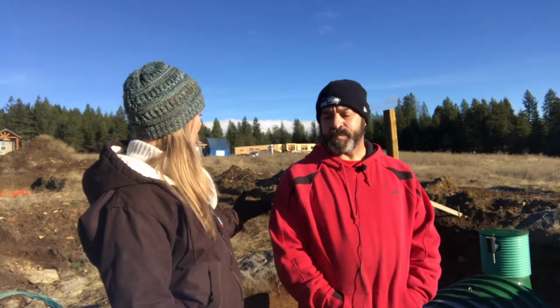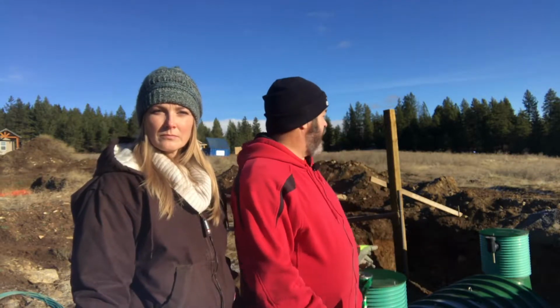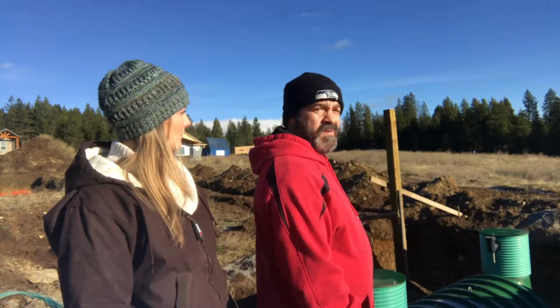Okay, so tell me a little bit about the system that you have installed here. The system we have installed here is basically a hybrid system. It gravity feeds out of the buildings to the tank that's behind us. The tank is designed by Orenco Systems, and it has what's called a high head pump in one end of it. We gravity drain out of the buildings into this first riser. Inside the tank, it separates the liquids from the solids, and after those are separated, the pump on the other end then pumps out of the other riser all the way up to the road and connects to a PUD-owned